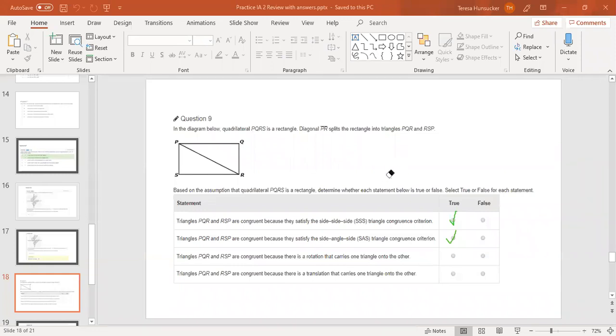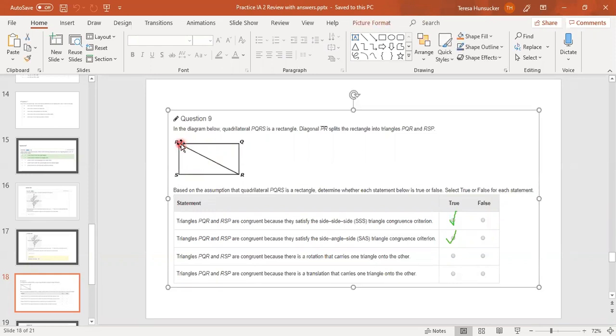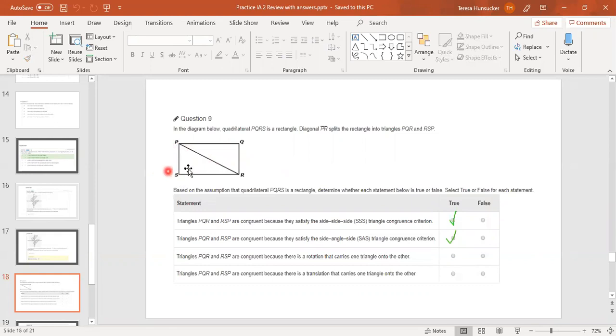Next statement, triangles PQR and RSP are congruent because there is a rotation that carries one triangle onto the other. Well, let's talk about that choice. I know that triangle PQR will not be reflected or flipped onto triangle PSR over diagonal PR because the corresponding vertices will not match up. So I know those two triangles are not congruent by a rigid